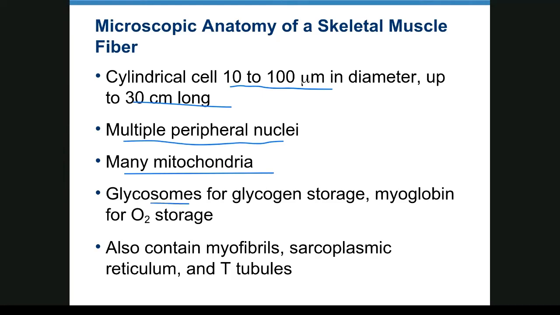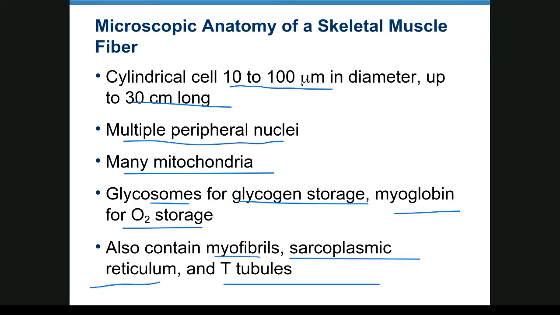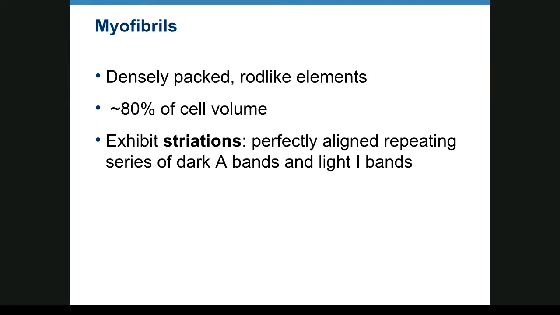Glycosomes store glycogen, which is the human animal equivalent of starch. Myoglobin stores oxygen, such as hemoglobin stores oxygen in the bloodstream. They also have your myofibrils, sarcoplasmic reticulum, and T-tubules. Myofibrils are the little tiny rod-like elements made up of actin and myosin, and it's about 80% of the cell volume. And these are your striations, and they're perfectly aligned, and you see dark bands